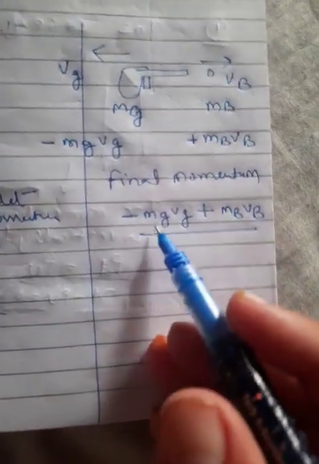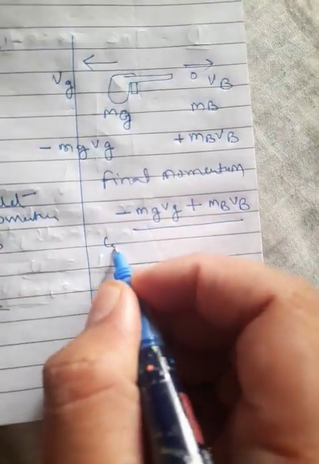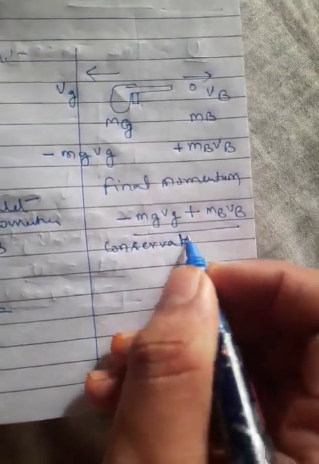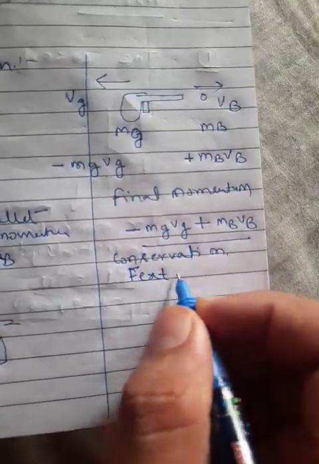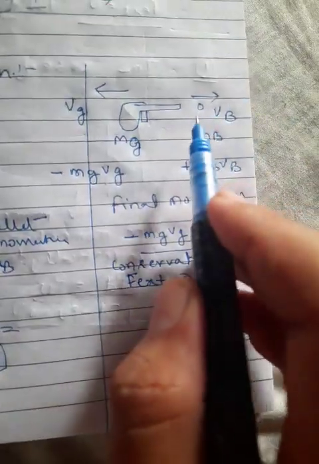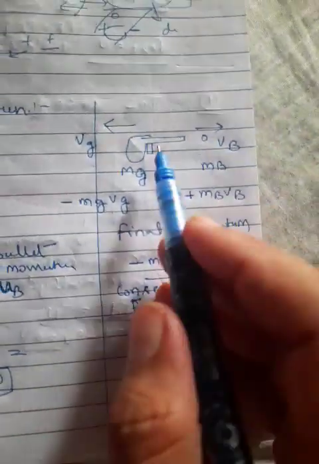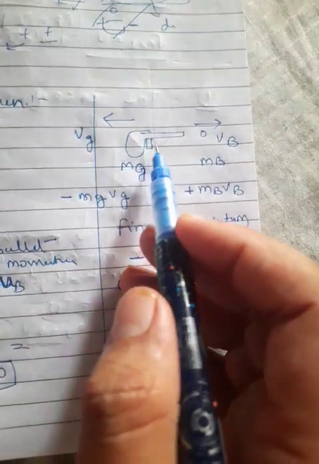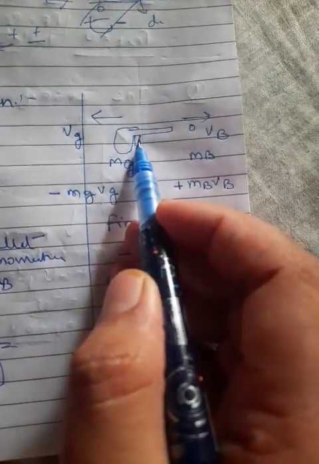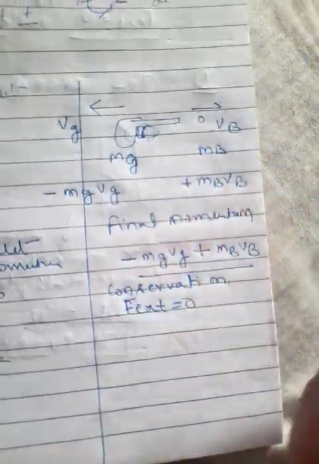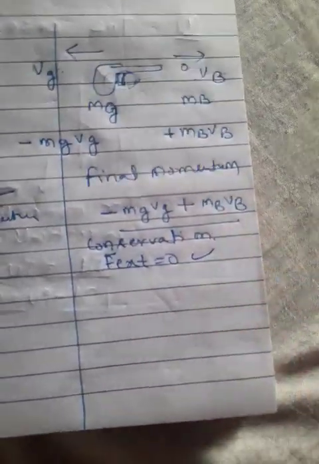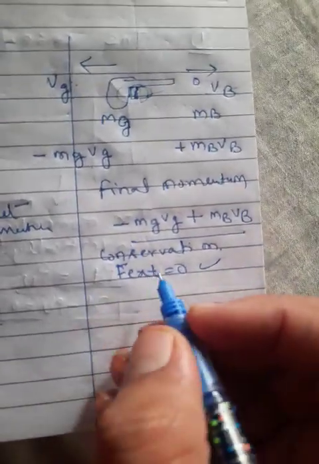Clear? So second thing, if we talk about the conservation. In conservation, what will we do? The body will be isolated. Isolated means external force will be equal to 0. We are not applying any external force here. Force is coming automatically, meaning the bullet moves outside. We will not talk about the trigger. The trigger is the triggering point only. So force will come automatically. The bullet will move forward and this object will move in this direction. So external force will be equal to 0, and we can say the body will be isolated.